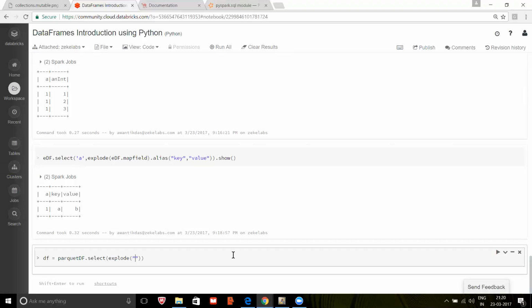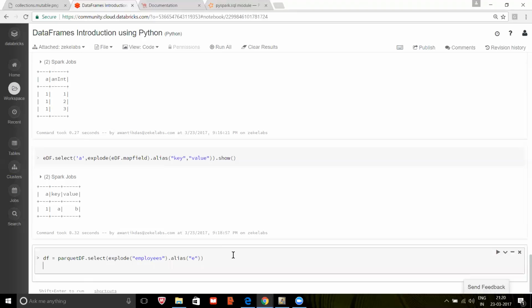So I can directly write the column names, employees. First I'm getting only this information, so I'm just giving it an e. This is your data frame. Then you are doing this explode df is equal to df dot